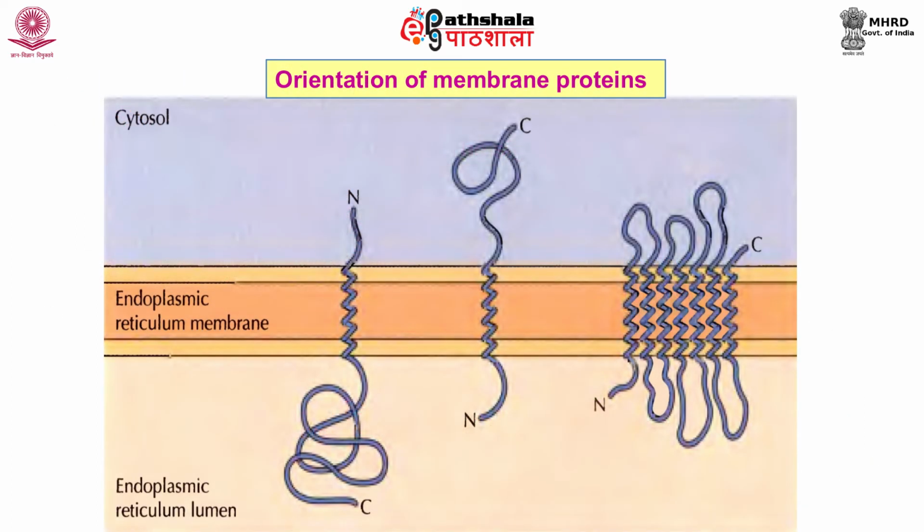Integral membrane proteins are inserted in membrane by small membrane spanning portions. They typically are hydrophobic sequences of alpha helices consisting of 20 to 25 amino acids. The slide shows different orientations of single pass and multipass proteins in the ER membrane. The two proteins at left and center each span the membrane once, but they differ in whether the amino or carboxy terminus is on the cytosolic side. On the right is an example of a protein that has multiple membrane spanning regions.